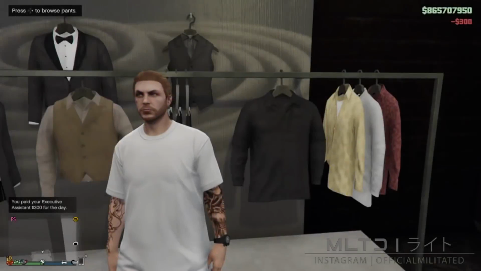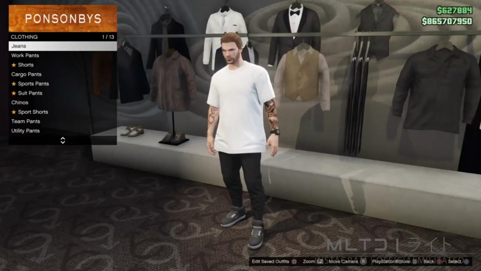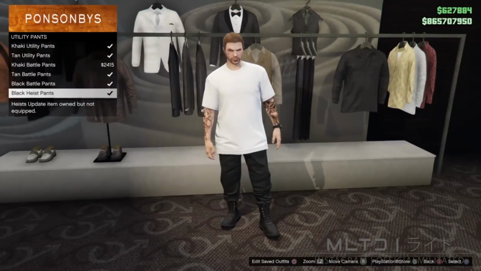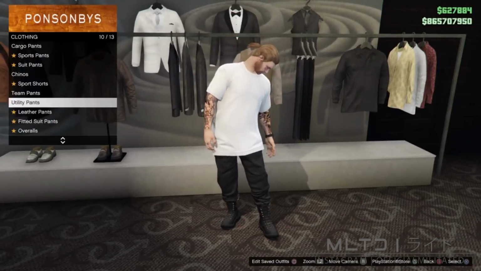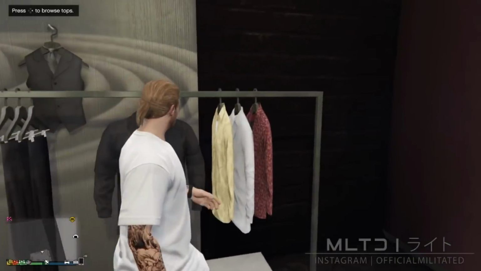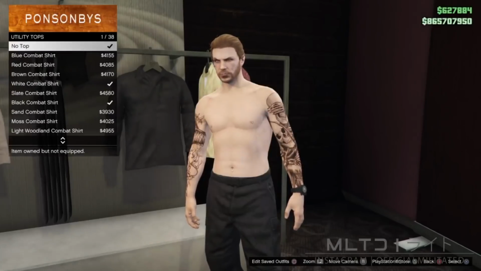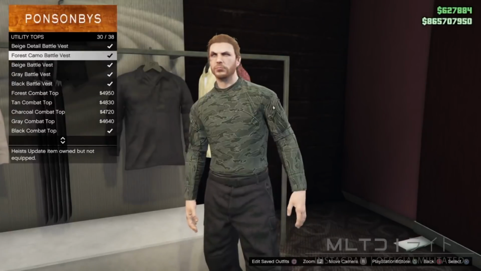To begin this outfit, we're going to go into a clothing store and start browsing the pants section. From here we're going to go into the utility pants category and we're going to purchase the black HEIST pants. Now I haven't used these in quite a while, which is kind of weird considering they're one of my all-time favourites. In the top section, we're going to go into utility tops and we're going to purchase the forest camo